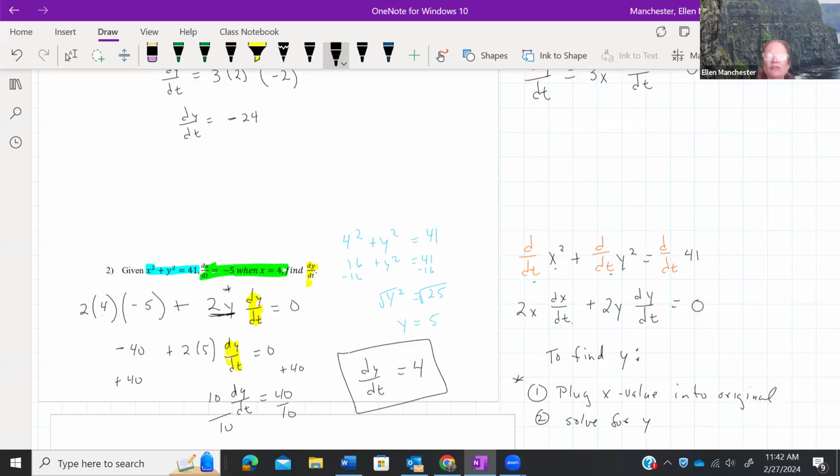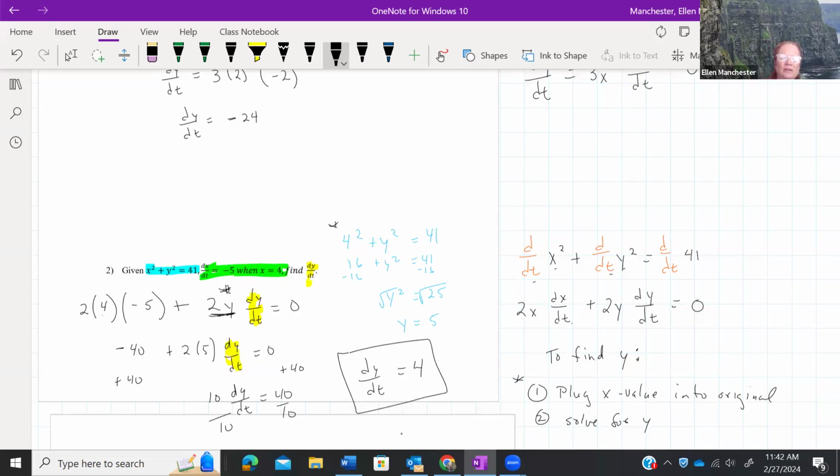So with related rates, you'll always have an answer. That's the whole goal, we're looking for how our rate is changing. Is it increasing or is it decreasing? And just sometimes you have to go back and solve for the other variable. And that's why I wait till the end.